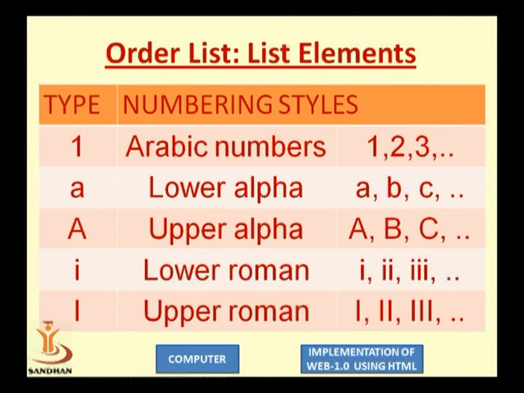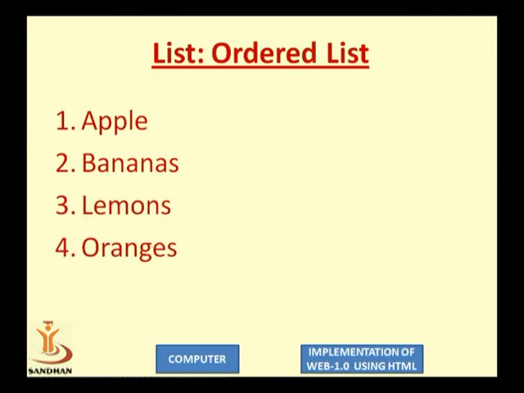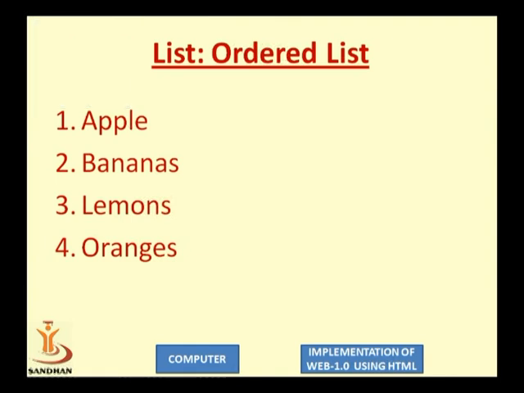So just consider the example over here. Here we take OL. Here we are not defining any OL type like 1, 2, 3, small a, or capital A, and the same contents are there: apple, banana, lemons, and orange. They are the list items, right? So by default it will take the numbers 1, 2, 3, 4. If you want to identify the type, then you should define it like small a, capital A, small Roman, capital Roman. So it contains the same information, but the numbers are in different formats, right?